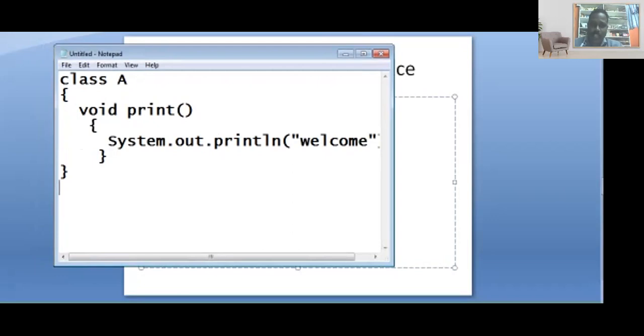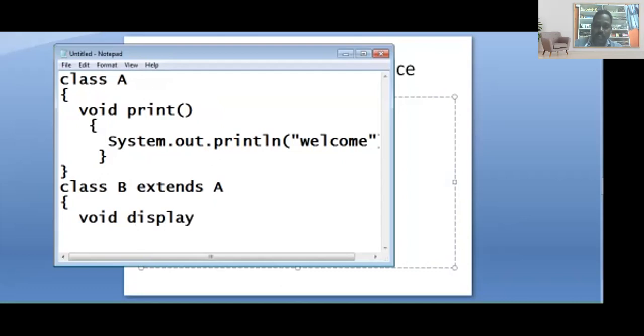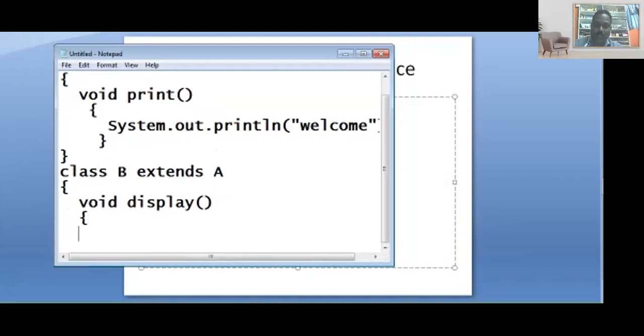Now I'm going to take one more class, B. Class B extends class A. Here I'm going to take one more method, void display. This is the simple code I'm making to understand, because with a simple code we can go for the big code.